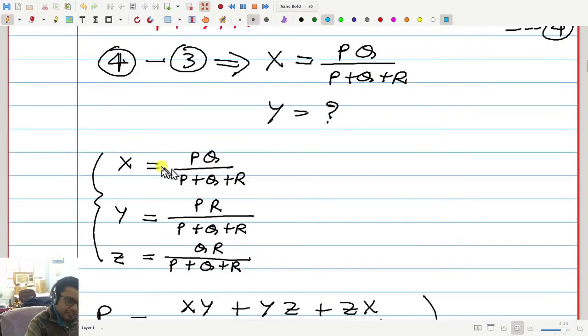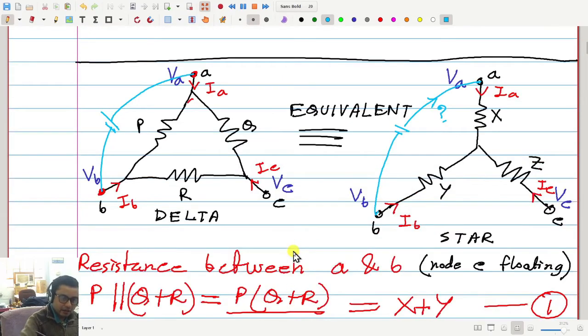We can prove that if these three relations are obeyed, then under any general three voltages A, B, and C, and any general circuit configuration, they are equivalent from the perspective that whatever you connect among A, B, and C outside, if you connect the same things here among A, B, and C, then the outside circuit will not see any difference between the star and delta.